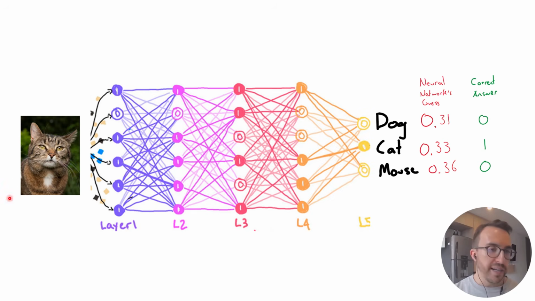Then we take out our next example. This time it's an image of a cat, and the correct answer here in green says, yeah, that's a cat. You should be 100% sure that that's a cat. So we take this second example, we pass it through the network, same as the first one. We get a prediction. It's wrong. In this case, it thinks it's a mouse, and the percentages on all three are very similar, but it thinks it's a mouse. It's wrong.